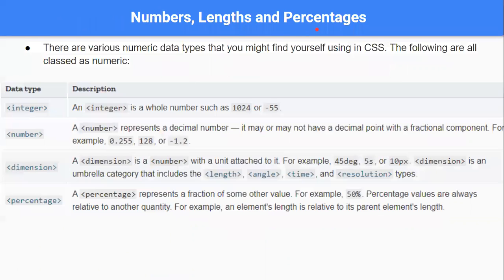All right, so a big slide here. Numbers, lengths, percentages sound exactly like you may think they are. Numerical value types you might find yourself using in CSS. The following are all classes numeric. So we have an integer value. As you know, an integer value is a whole number, which is 1024 or negative 55. If you ever ask yourself, can you have a negative integer? If you don't remember,